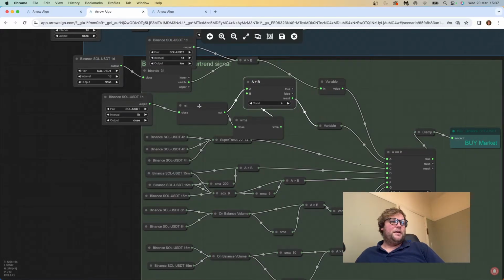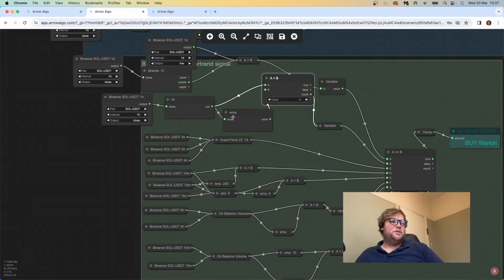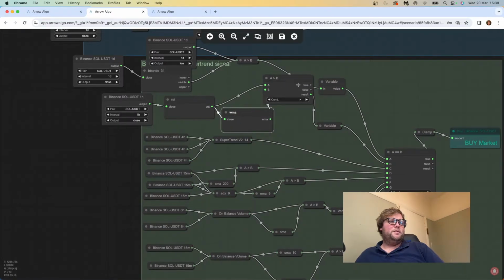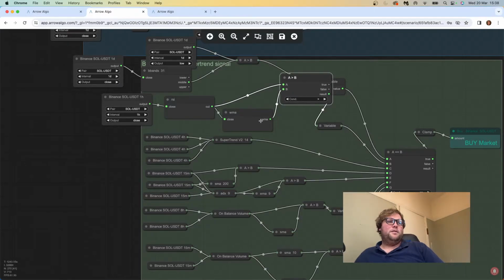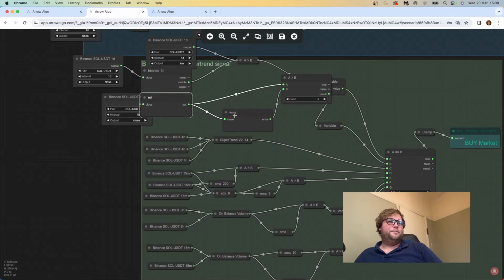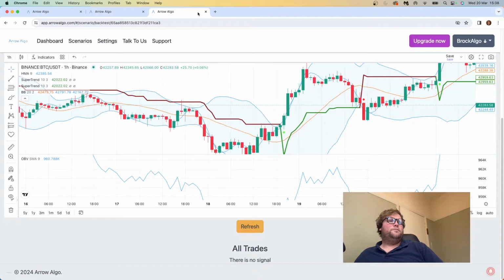Our second condition, again, we're looking at RSI. So we've got the weighted moving average of the RSI, 14 parts, and we're checking whether the closing price is higher than the weighted moving average. And what this is generally showing us is